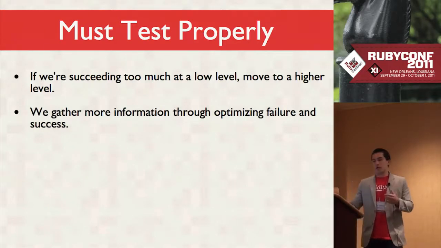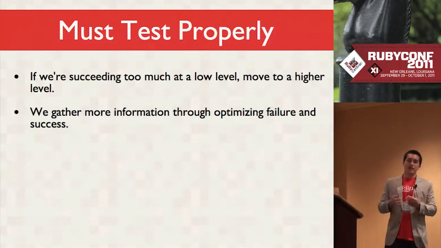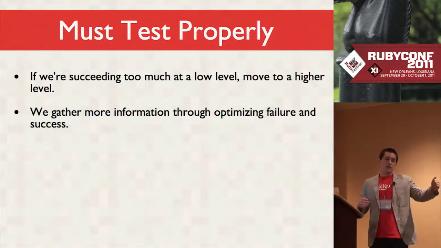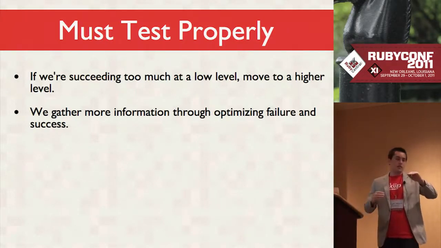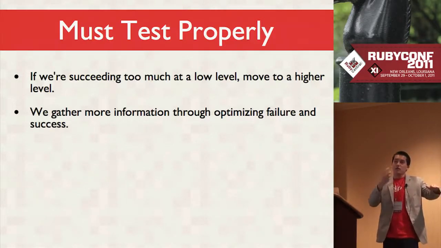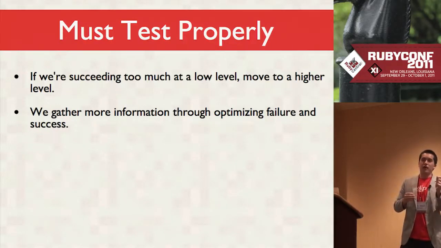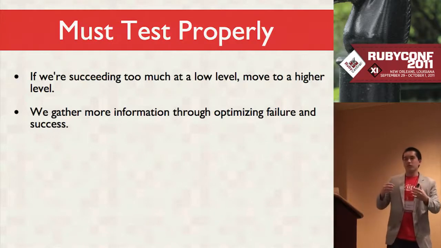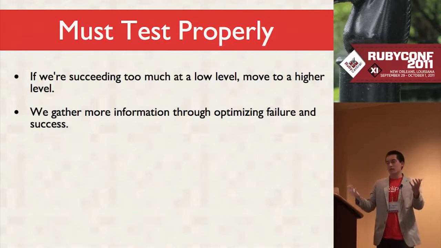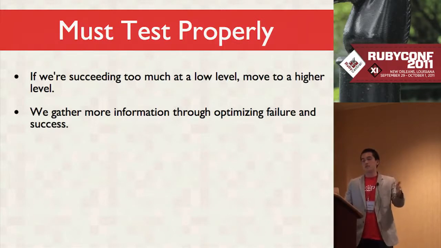And another important point is we gather the most information through optimizing both failure and success. If you graph out Professor Hartley's function, you get this upside-down parabola, where the x-axis is probability of something occurring, and the y-axis is the value that you extract. And so the maximum value you get is at 0.5 probability. If you think you're going to succeed as much as you think you're going to fail, you actually have no idea what's going on at all, and you're going to learn the most out of everything. And that's what you attempt to achieve through tests.